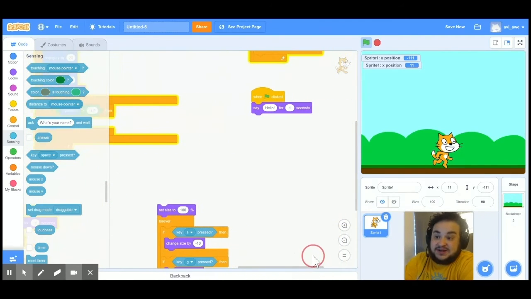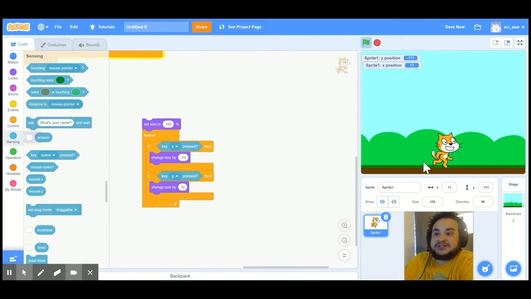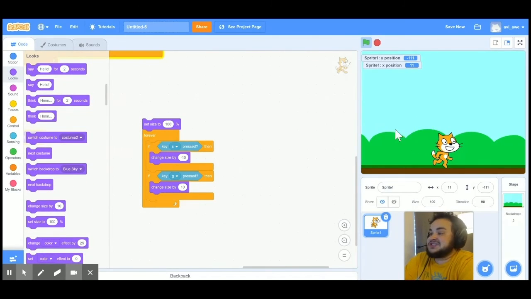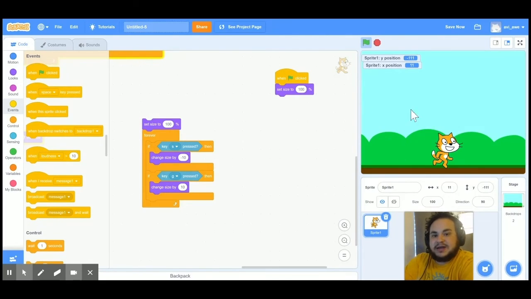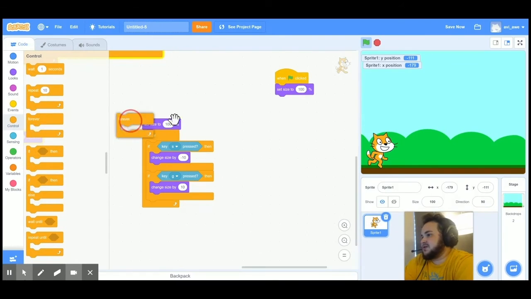For a little bonus fun, I thought we would make our character have a superpower, and we're going to go back to the look section and change the size of our character by pressing certain buttons. What if our character could shrink or grow? So what I did over here was I took the set size so that whenever our animation starts, we'll always start back at our regular size. Kind of like how we always start back at the starting point, we want our character to always go back to its original size. And then we're going to go to forever so that it's always checking if we're pressing